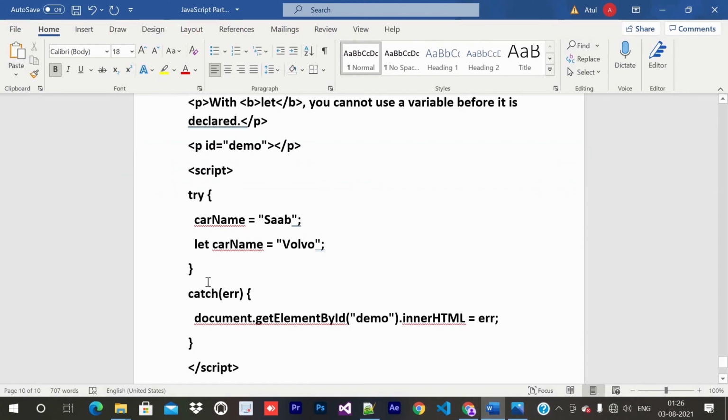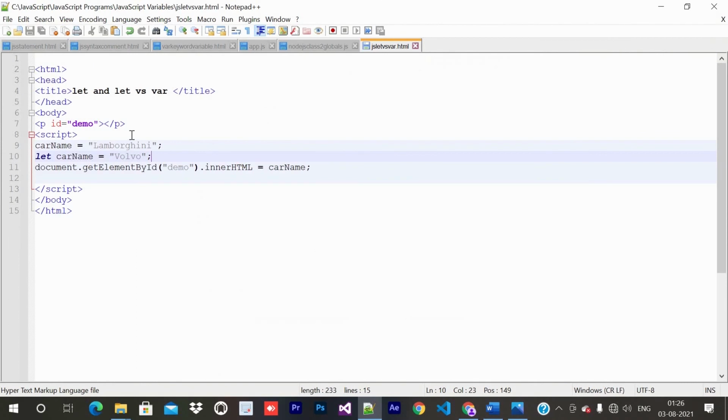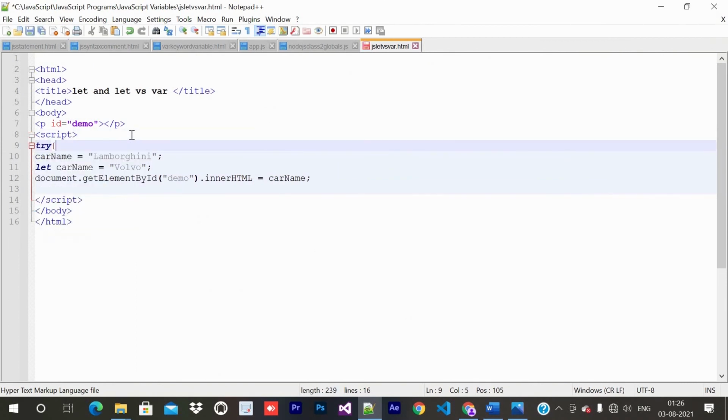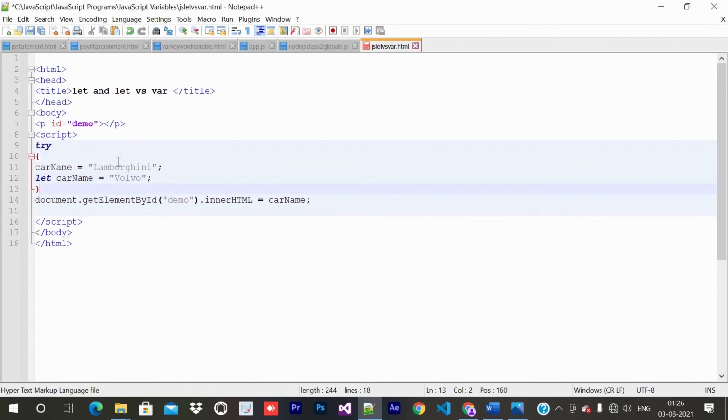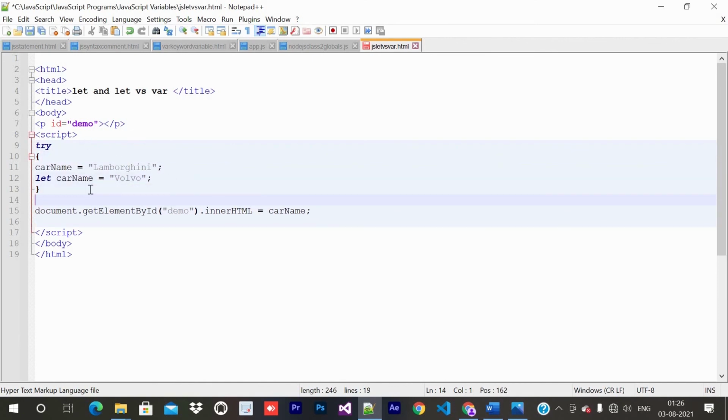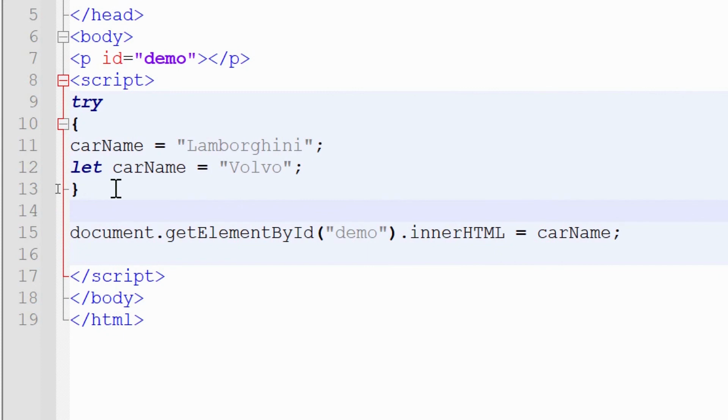Okay, so now just putting it inside try catch so that we can view if any error is coming. So in any code where error may come, we can put it inside try open and close curly bracket, and now we need to use catch, so it is called exception handling.